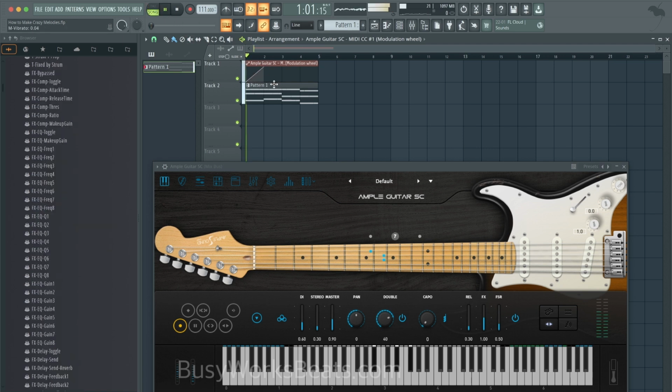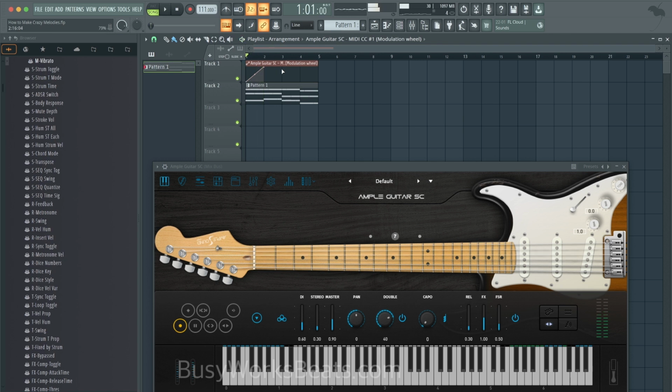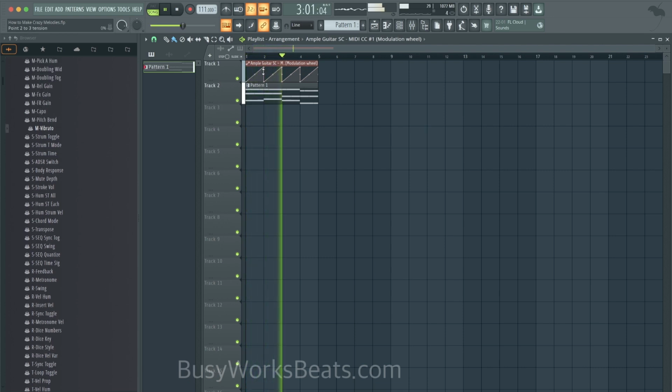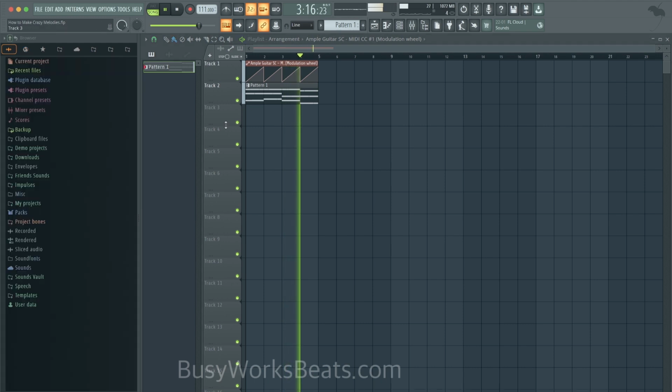So let's go to song mode, and it will go. Okay, so what we're doing is doing that every bar or so. At the end of the bars, adding that vibrato. That vibrato adds a soul to the sound. It's not, its melody is more than just the notes. It's the expression and the articulation of the notes in the instrument. And now you can feel the chords come alive.